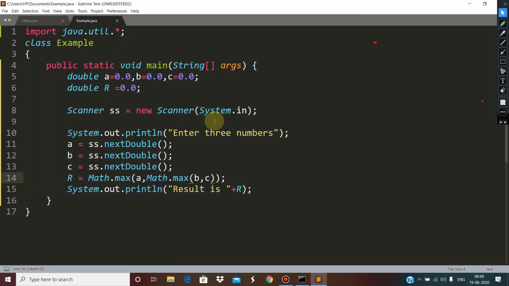Children, suppose in the same question we want to find out the second largest value. In order to find it, we need to find out the largest and the smallest both at the same time.